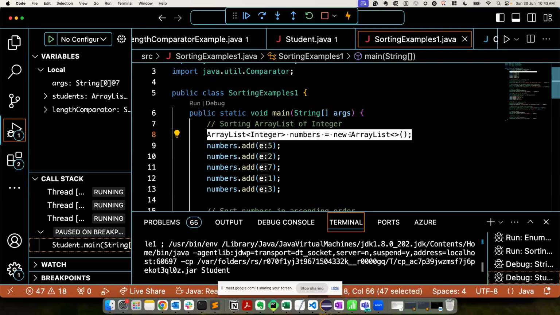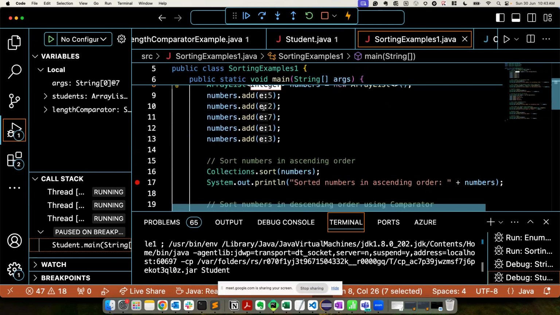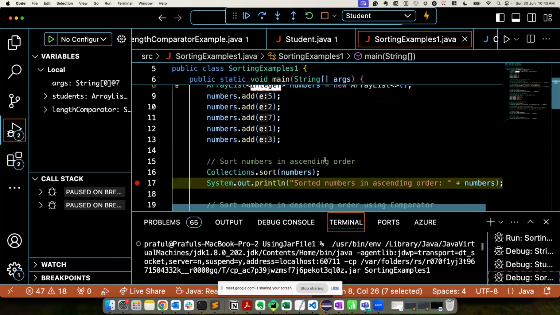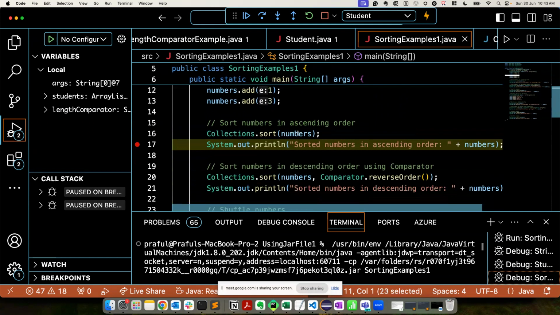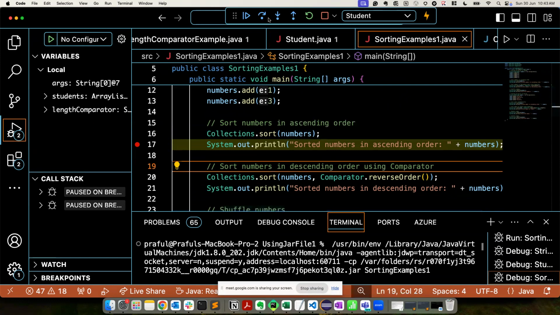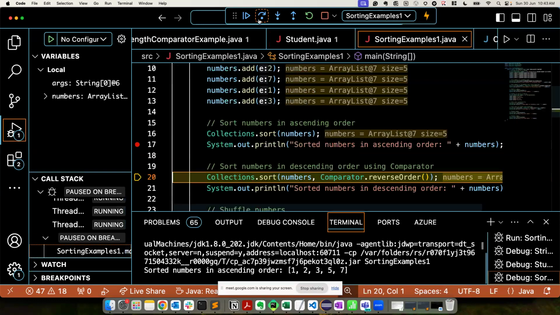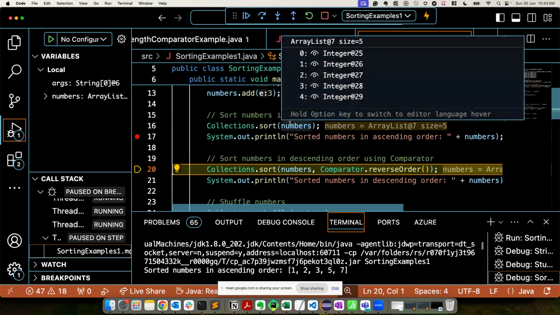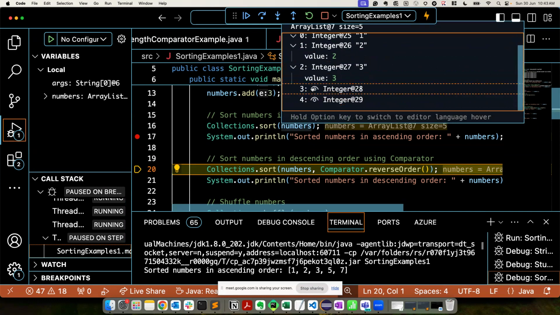Here what we are doing is sorting integers. Okay, if I debug, it will sort the numbers. What should be the natural ordering of sorting? 1 will come first, then 2, then 3, then 5, and then 7, right? So if you sort the numbers, the numbers will become 1, then 2, then 3, then 5,